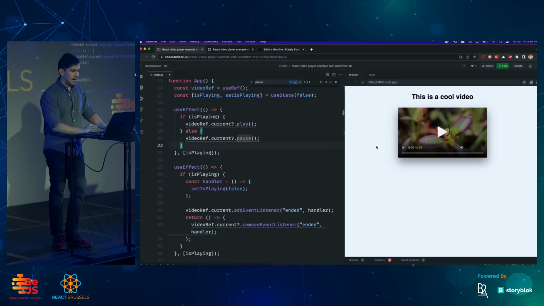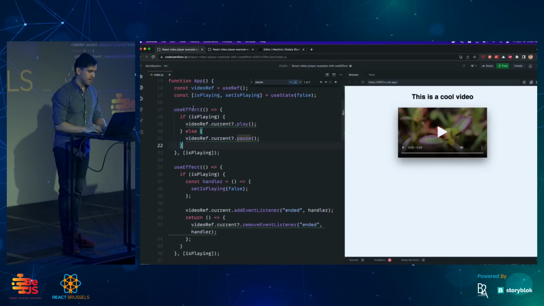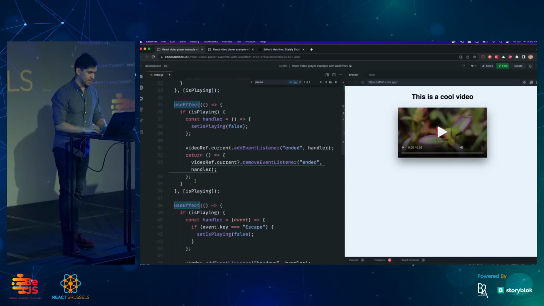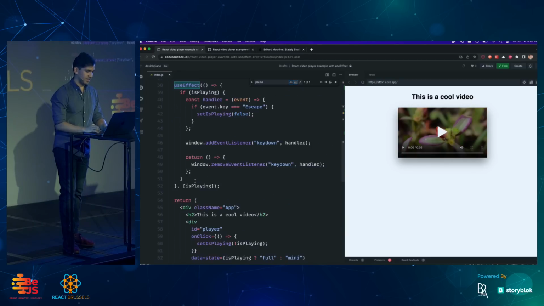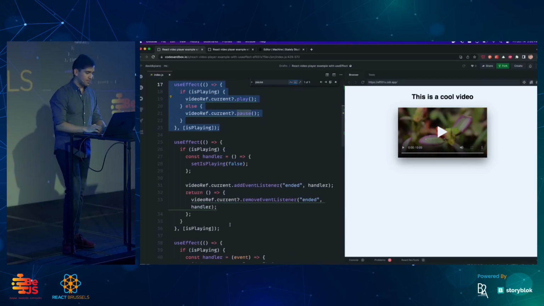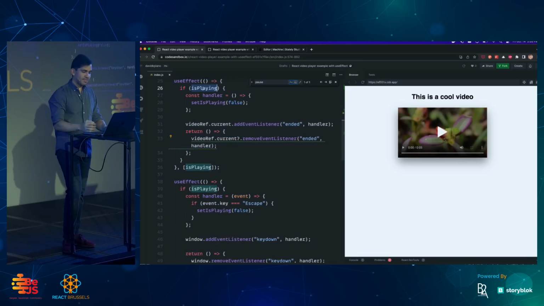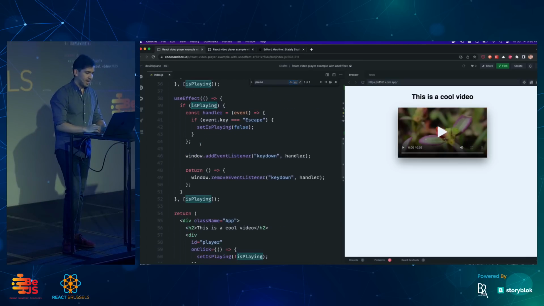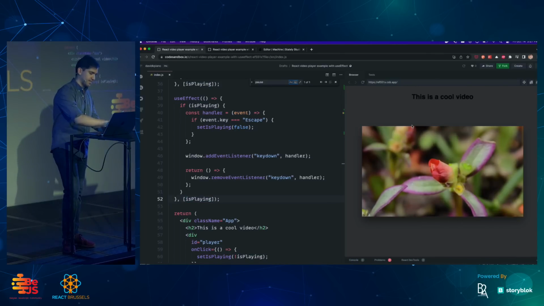So right now, actually in the back, can you all see these useEffects over here? Can you read them? I can't read them either because there's too many of them, and they're really, really complicated. So I have a bunch of useEffects here. This one is controlling whether the video is playing or paused. This one is controlling whether the video has ended. And we have that nasty if statement in there. And this one is controlling whether we have pressed the escape key,